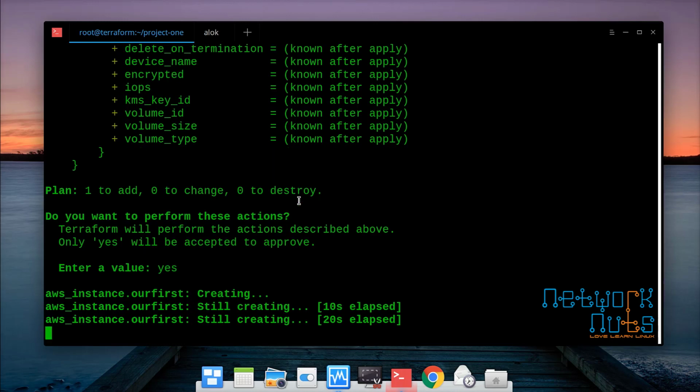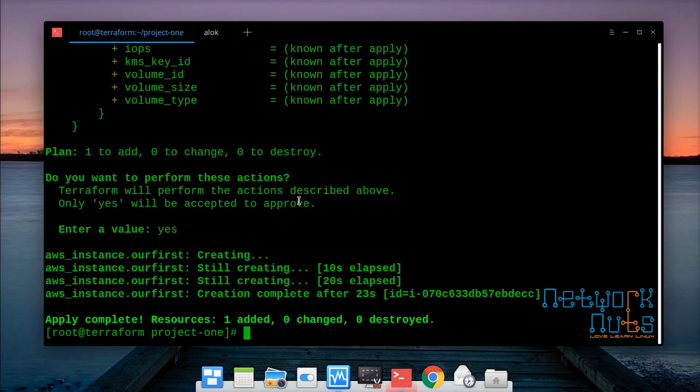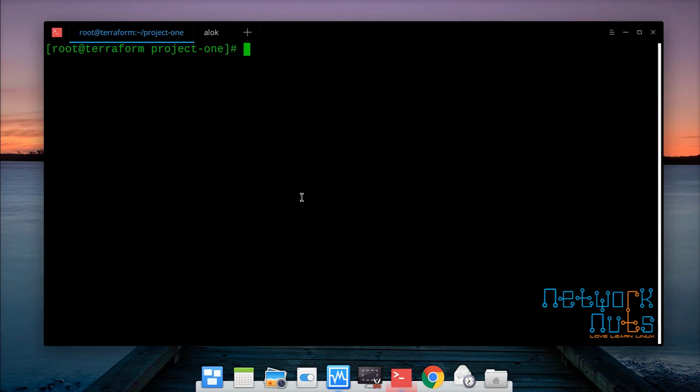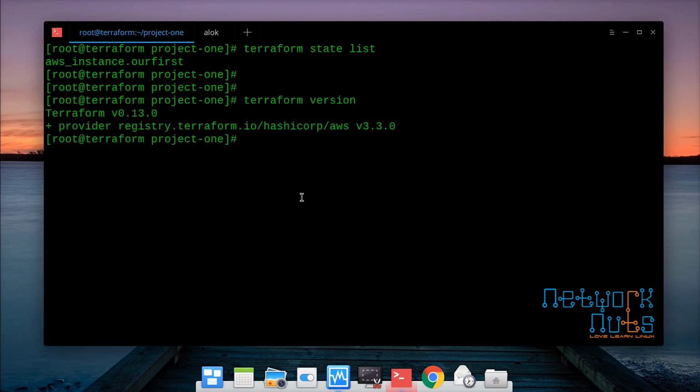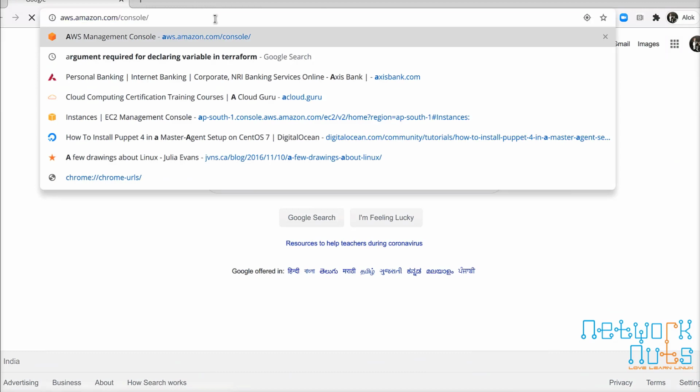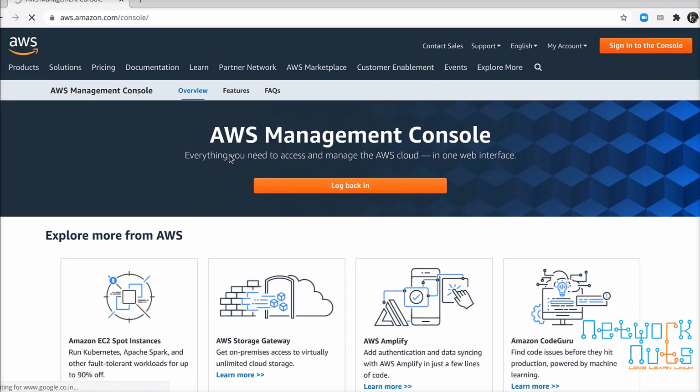We will go to the cloud platform dashboard and check it, right? I can also check it by the command terraform state list, to see what resources are managed. Perfect. And which providers I have got, terraform version. Yeah, I've got only this AWS provider, right? So if I go to my dashboard and access my cloud platform, I should have this resource available there. That's not what I intend to focus on.